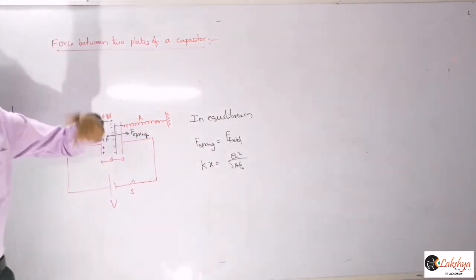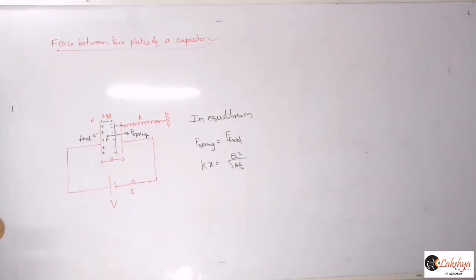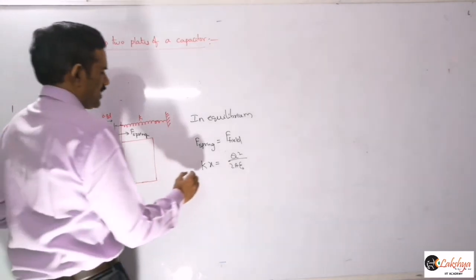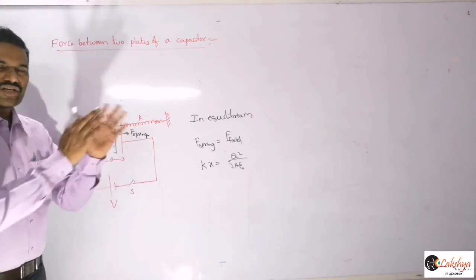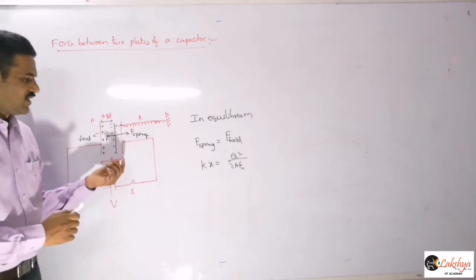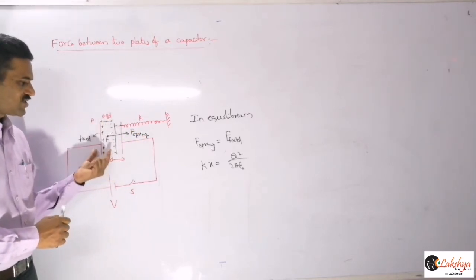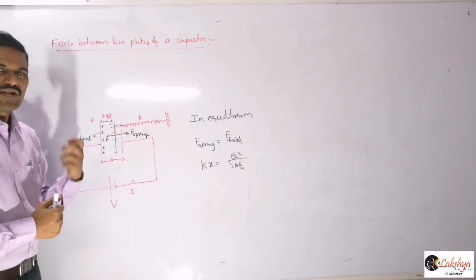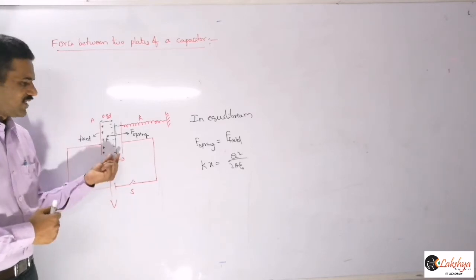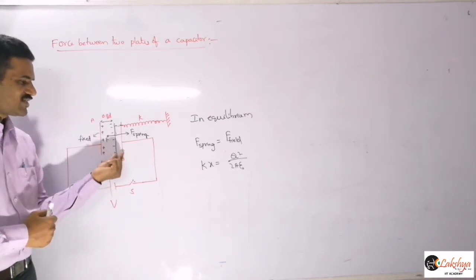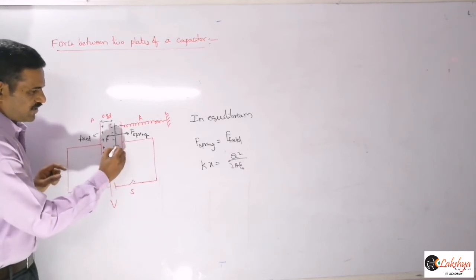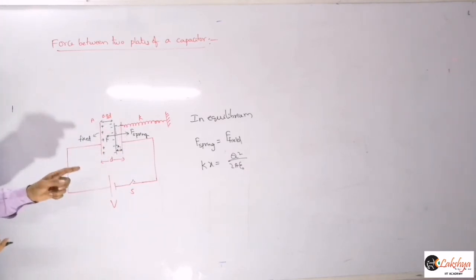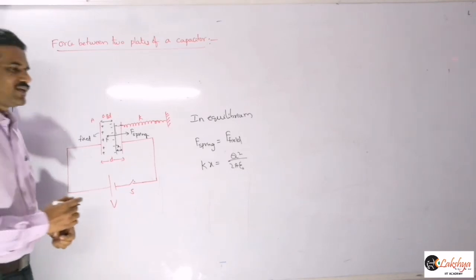Now we need to substitute the Q value. I am just writing a general formula, generally we express it like this. Can you say what the X value is here? What is the elongation produced in the spring? Initially the spring is in an undeformed state. Now when the steady state is reached, this is the separation between them. So the elongation of the spring is nothing but the difference between initial and final, this distance. So that X value we can write as D minus 0.8 D.